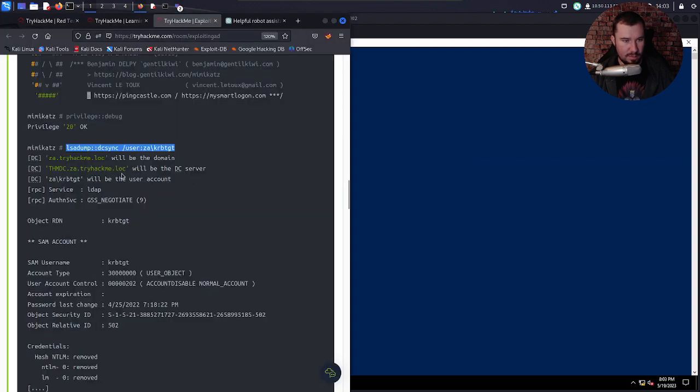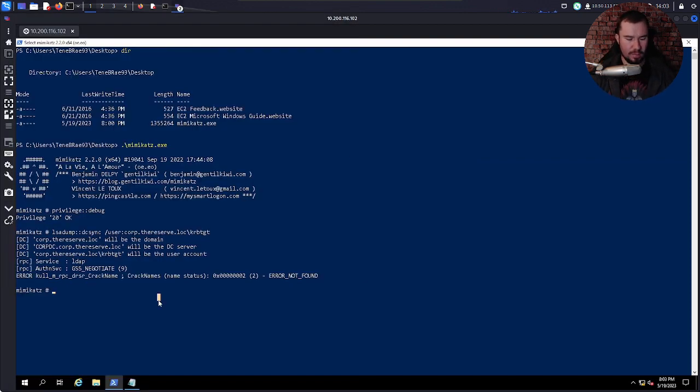Maybe we need to do a different path. So let's see how they did it. Oh, maybe I just need to do corp. Oh yeah, just corp, not the full thing. I don't know what I'm doing. It's just corp. Just like when we looked at Tenebrae 93, it's just going to be corp, not the full thing there. Let's try that.